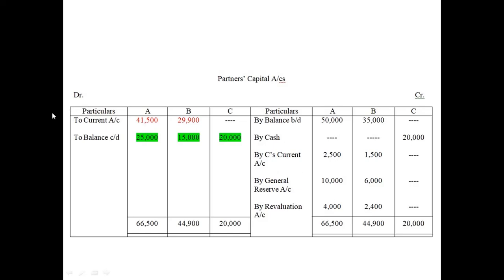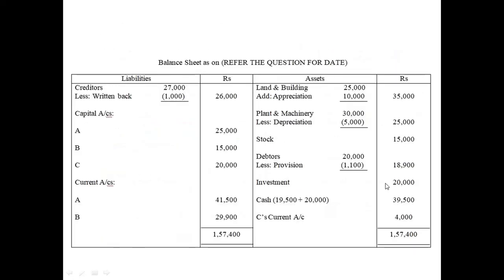Debit side is left hand side. Okay, credit is right hand side. So asset is also in the right hand side, and liabilities in the left hand side. Okay, so that is only the concept.